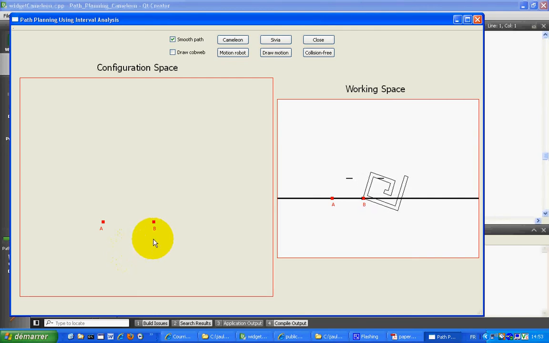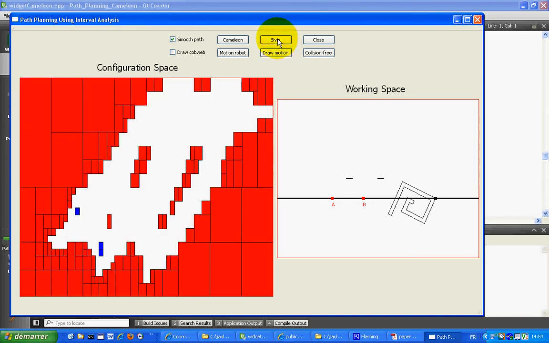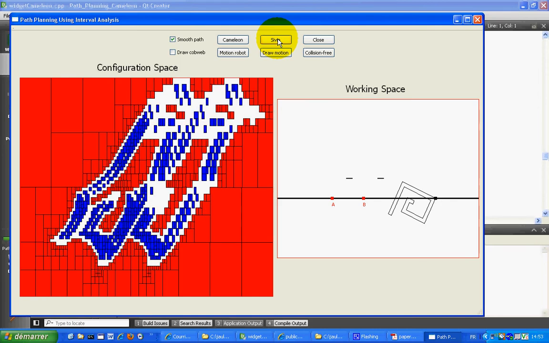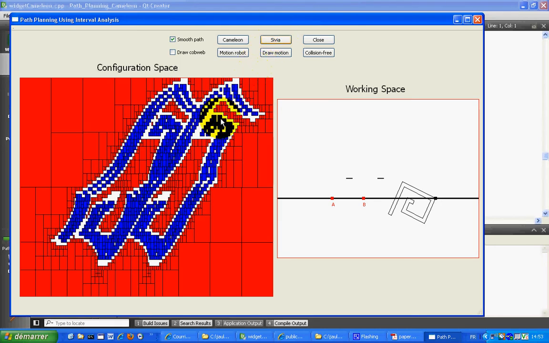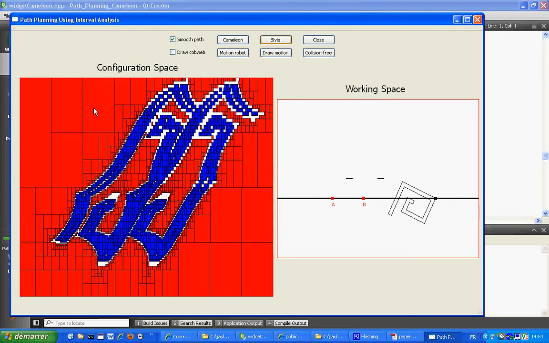We'll show now two algorithms. The CV algorithm first, which will build a paving of the configuration space, like I will now show. On each of the red boxes, you are sure that the object does not touch the obstacle.